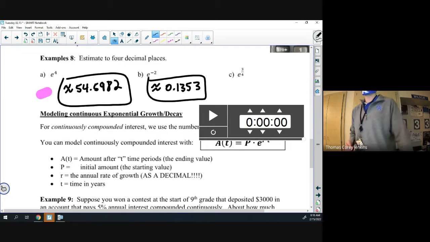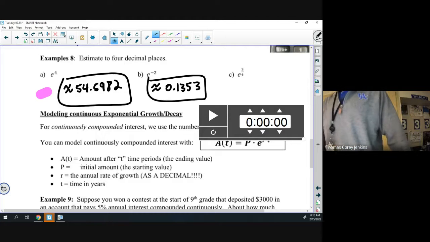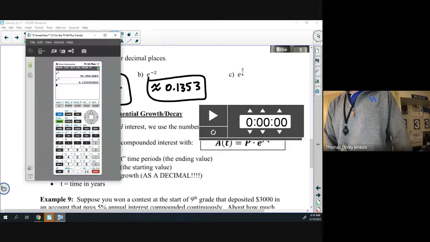All right, so e to the -2 is about 0.1353, and then e to the 3/4,